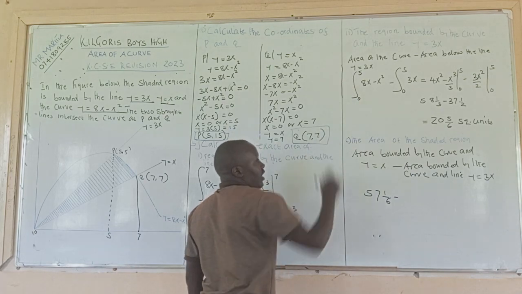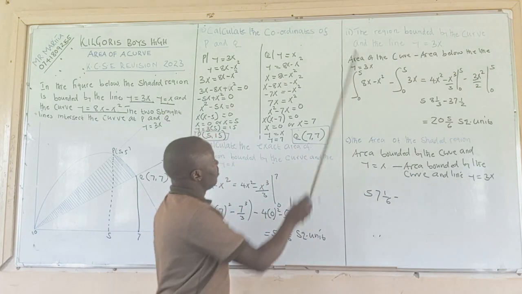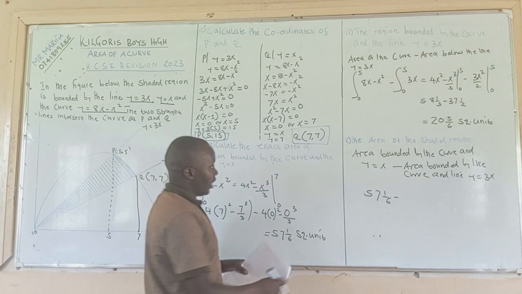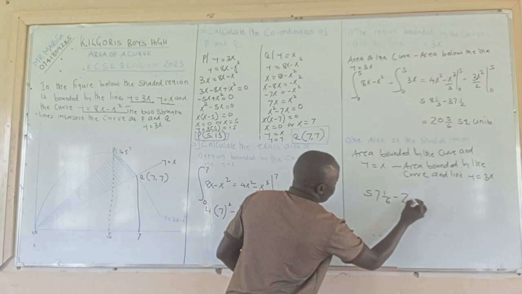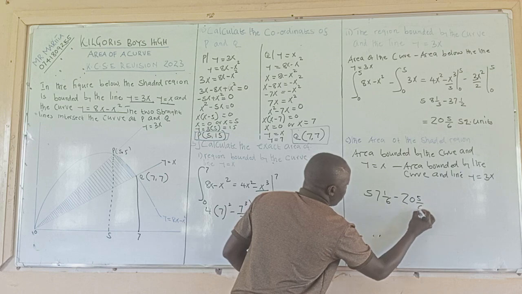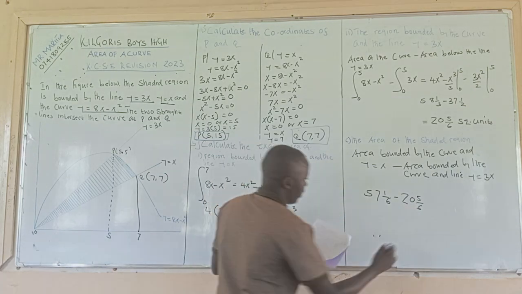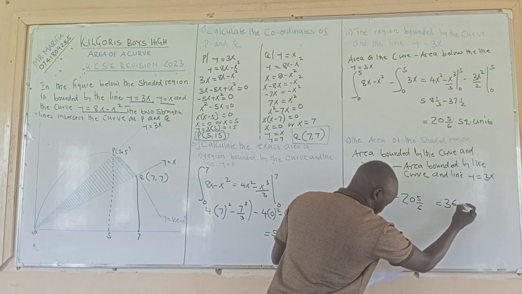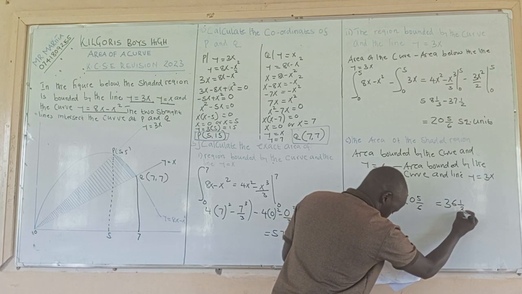You subtract the area bounded by the curve and the line y is equal to 3x, which is 25 over 6. And if you subtract that one, you will get 36 and 1 over 3